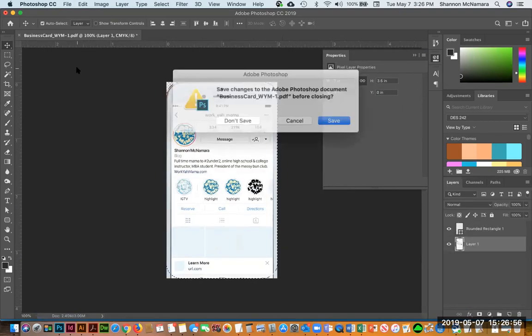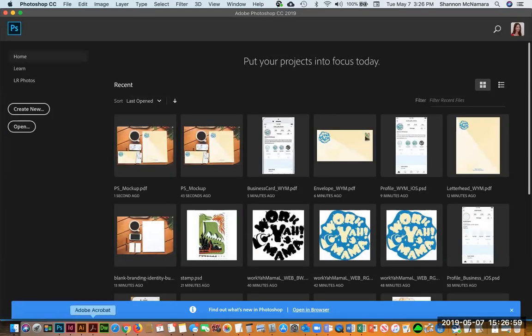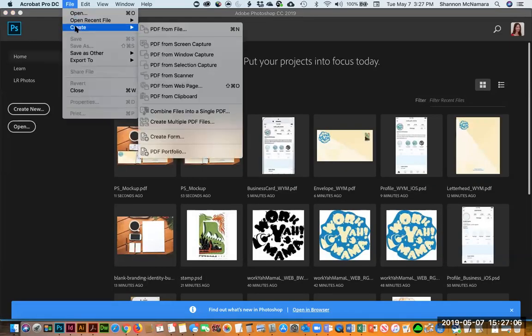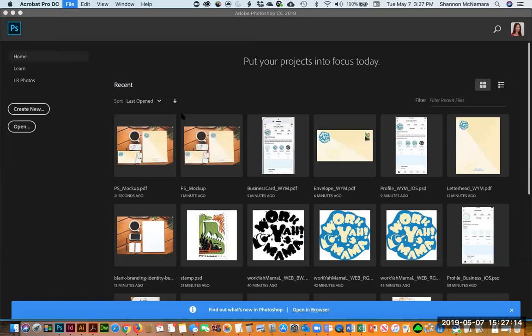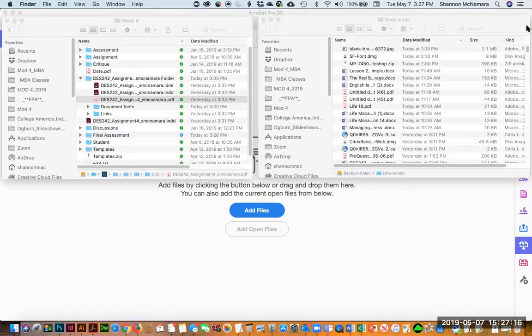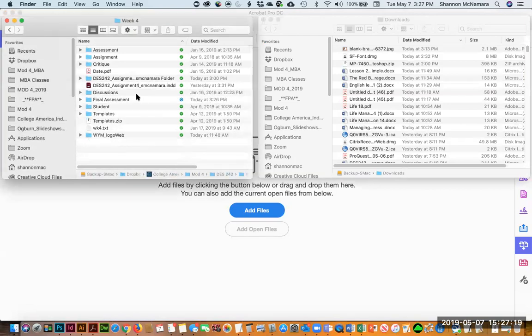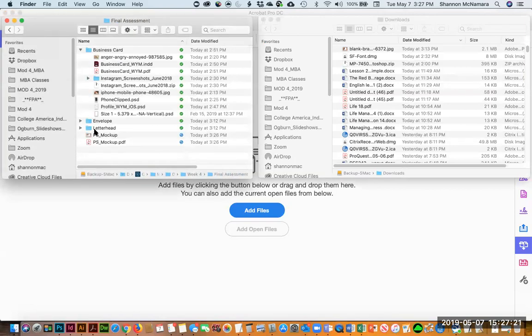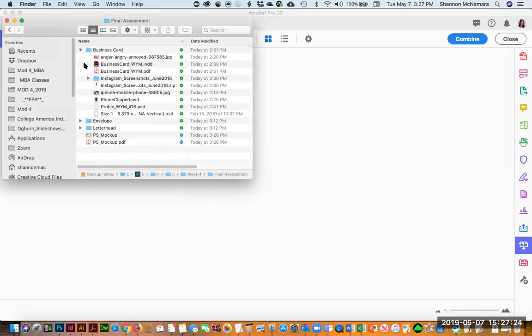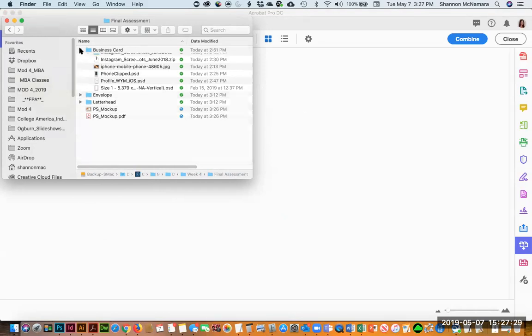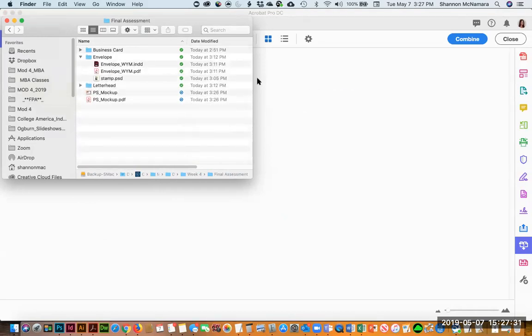Close, don't save, and go into Acrobat. And what I want to do is combine files into a single PDF. And it's going to open up a dialog box that lets me just drop all of my PDFs in. So I'm going to put in my mock-up, my business card, my envelope,